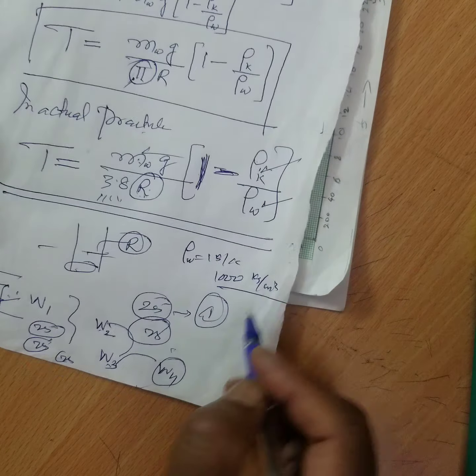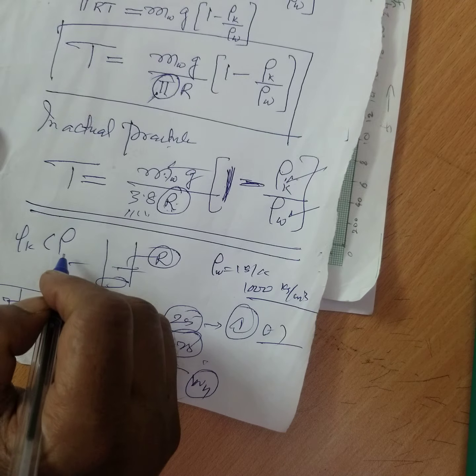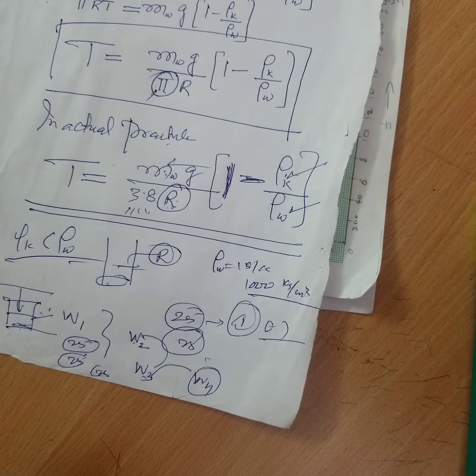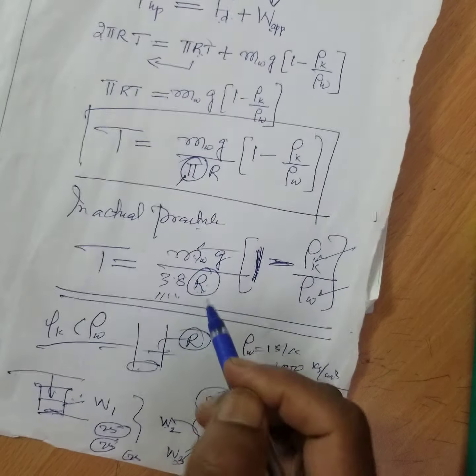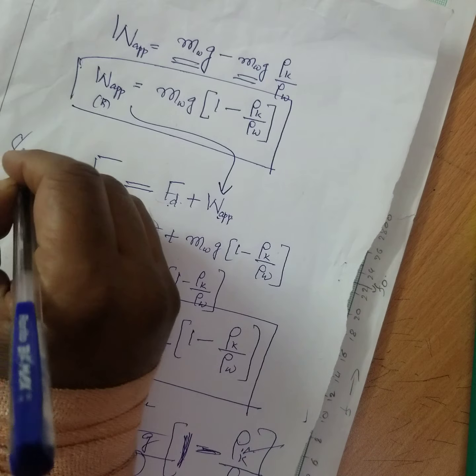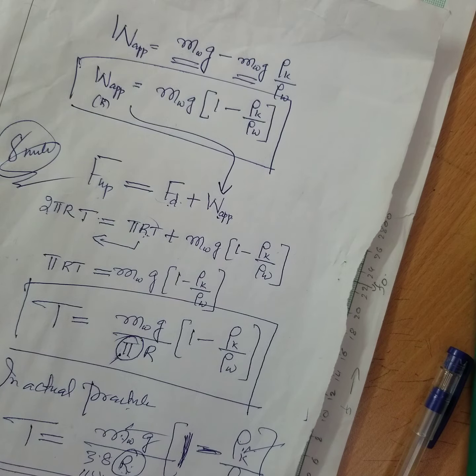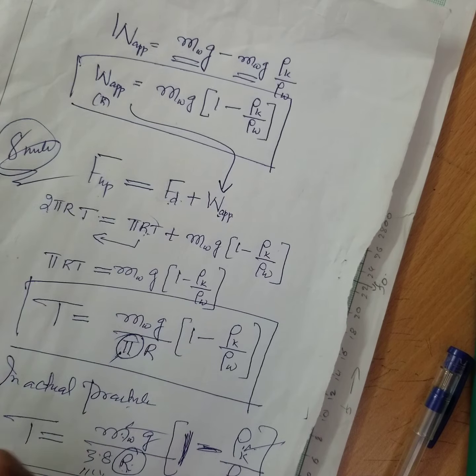Density of kerosene is 0.7 or something like that. Density of kerosene is less than density of water. That is why kerosene floats on water. You understood? So therefore you can calculate this. This carries about 8 marks, they will ask you for this. 8 marks to 6 marks also sometimes they will ask. 8 marks also they will ask.